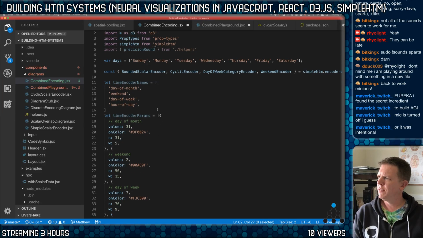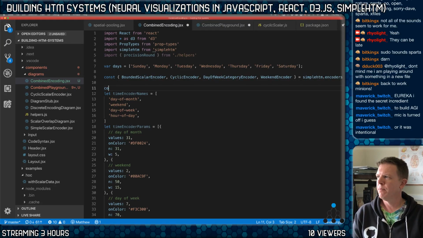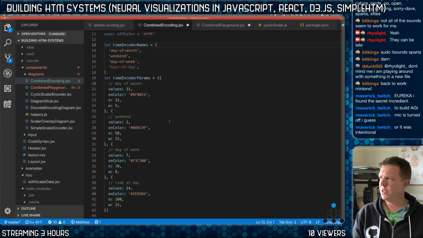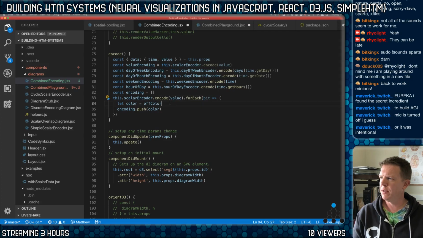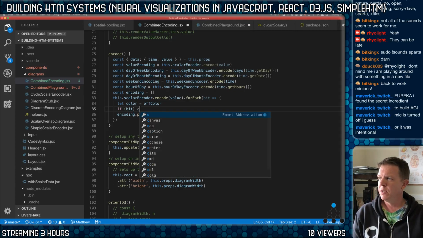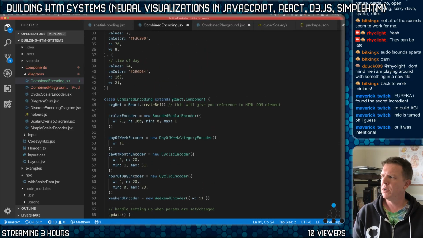Is that not off color? I don't have an off color. Off color equals white. Let's make them hex values. Off color is white, and the other colors are these. So for each bit, and we can do this just by saying if bit, if it's 1, essentially, color is going to equal, we're doing value encoding. So the scalar value encoding,